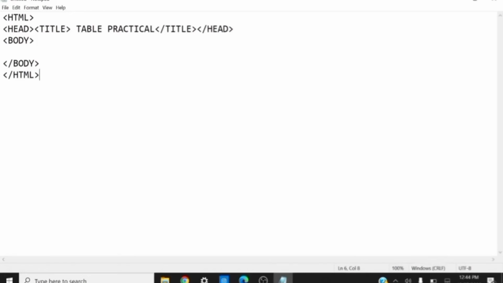After that, we will write our table tag here. To create a table, we need a table tag. Basically this is the basic structure tag that appears in a pair and encloses the entire table information. Whatever information we want to write in our table, or if we want to create something in our table, we will use the table tag here.